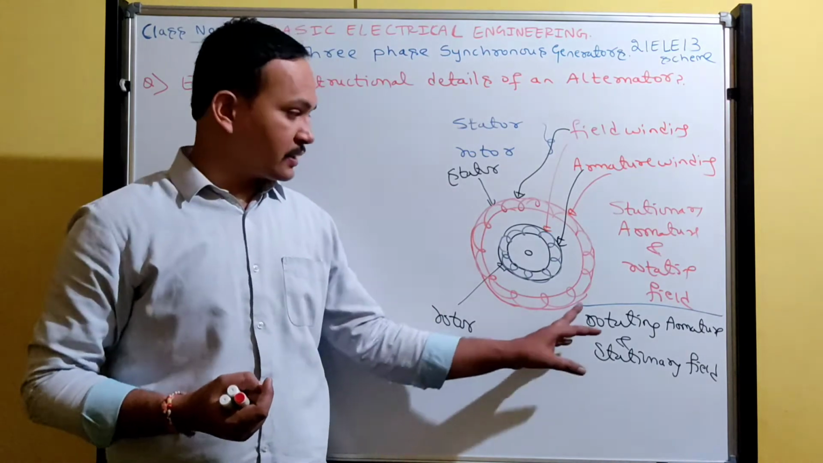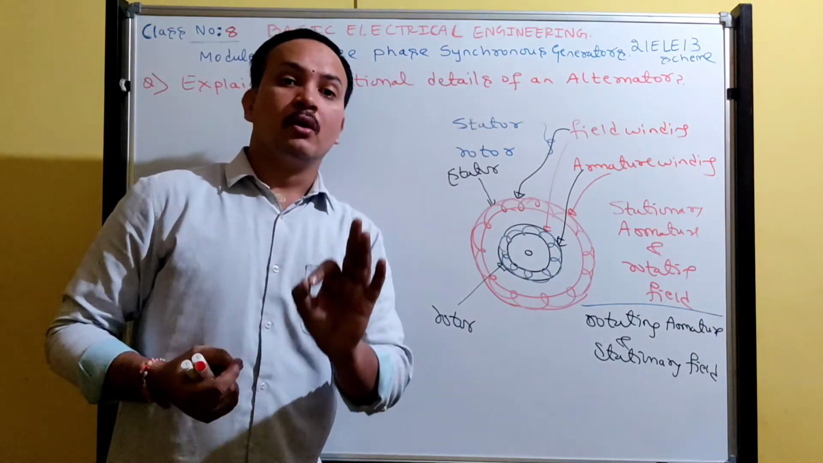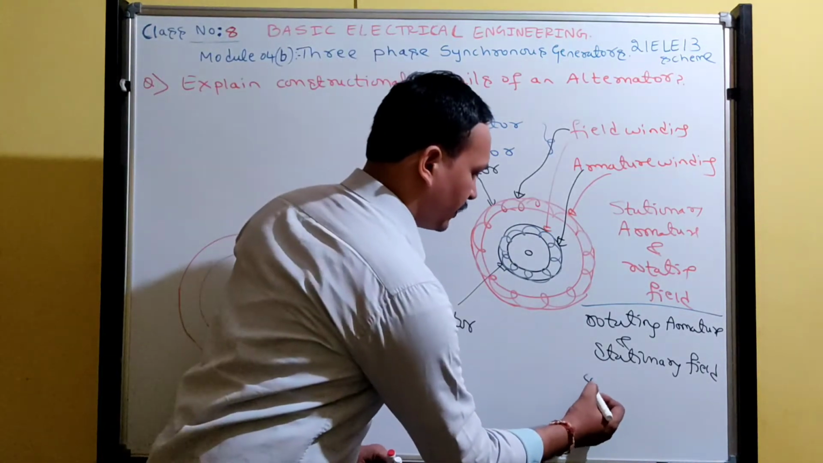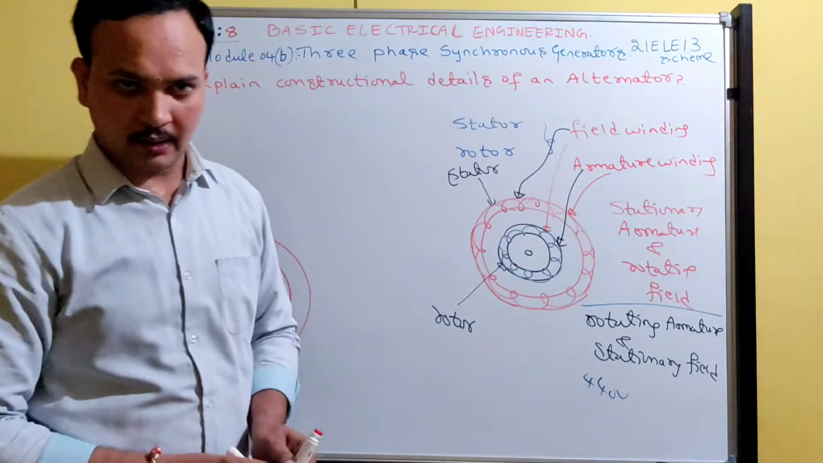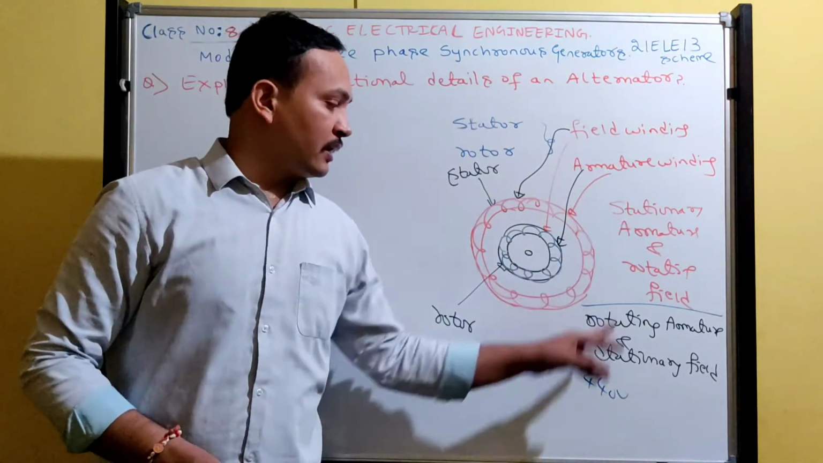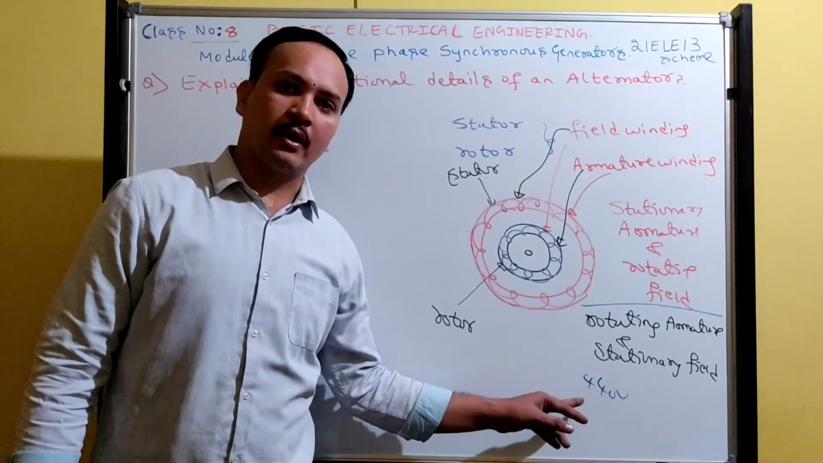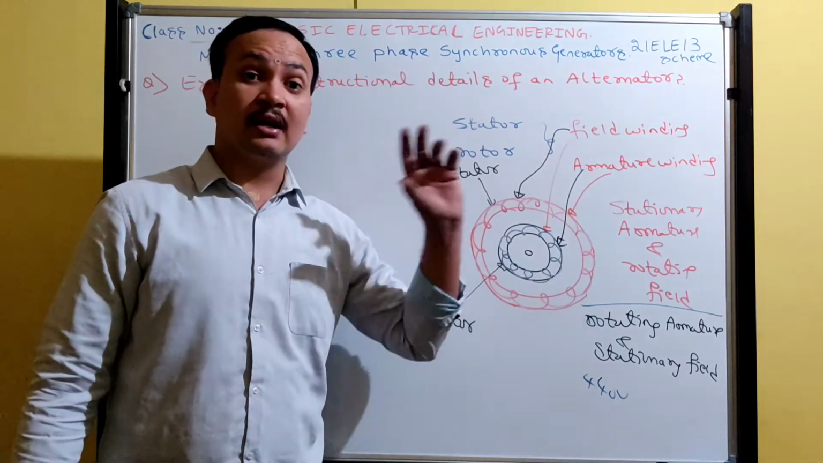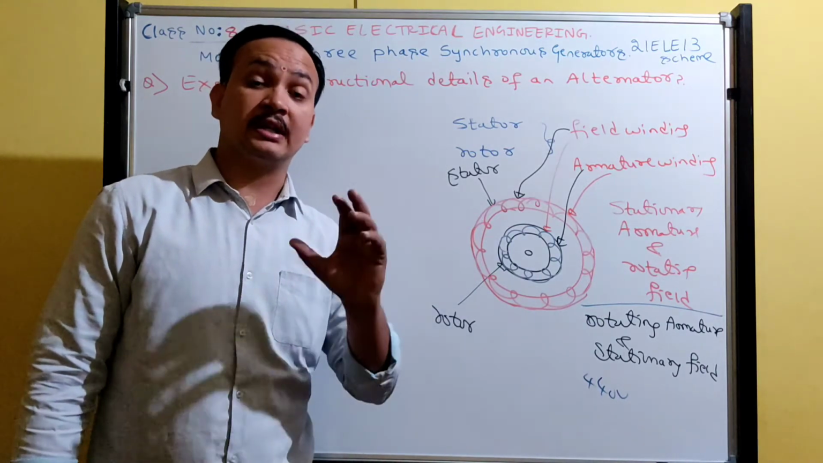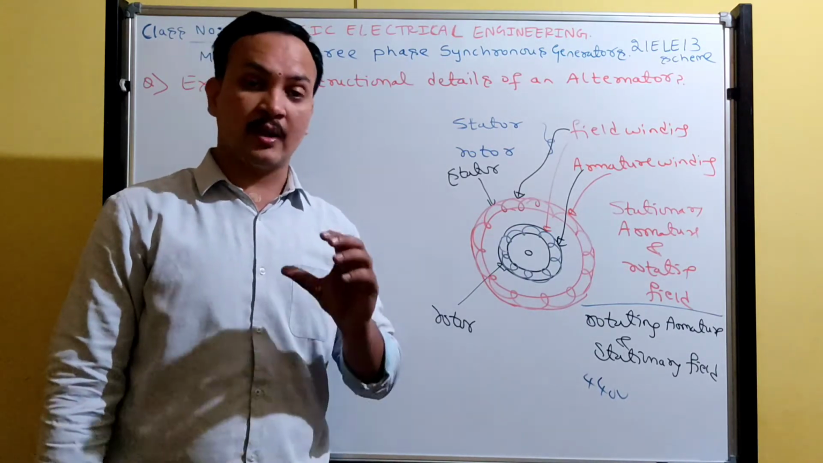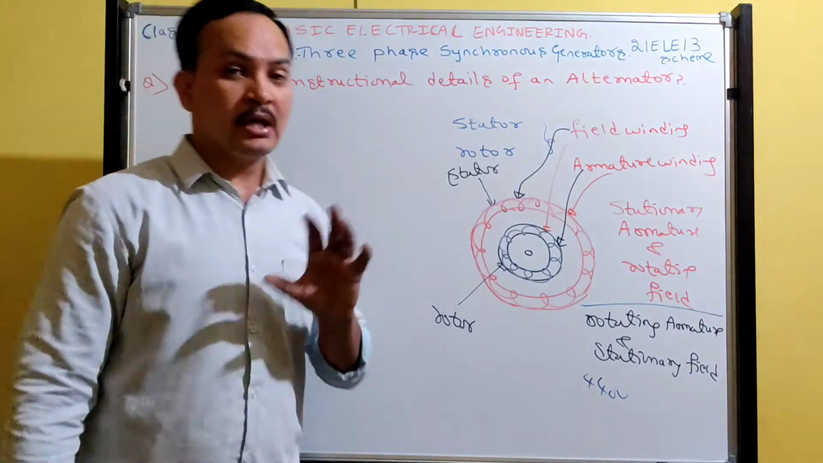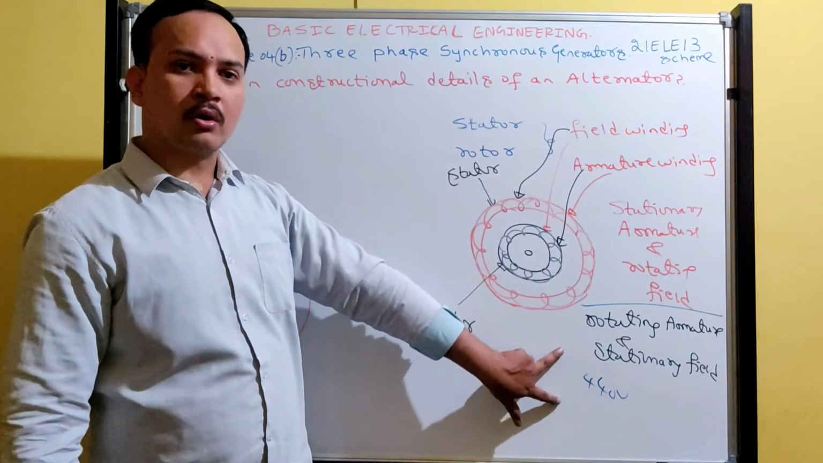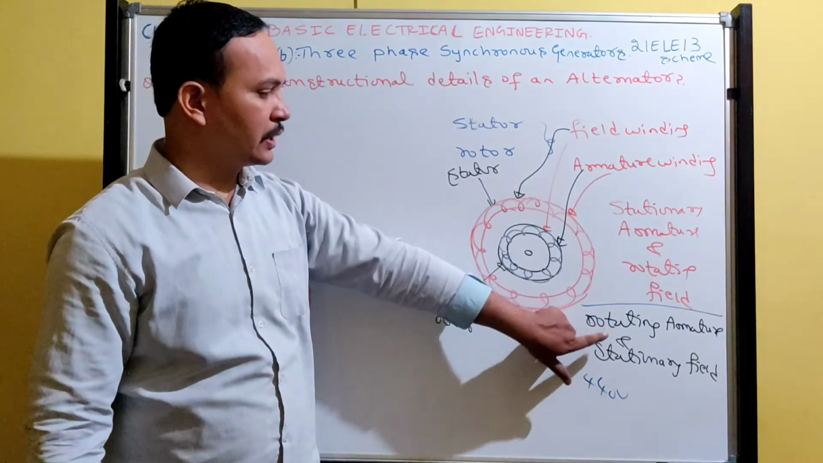This type of construction is recommended for low voltage alternator design, for example to design a 440 volt, 3-phase alternator, with voltages up to 400 volts. But this other type of arrangement is used to generate 11 kilovolts, 33 kilovolts, 6.6 kilovolts, 3.3 kilovolts, like that. For higher voltage, this type of construction is recommended, and for lower voltage design, we need to go for this